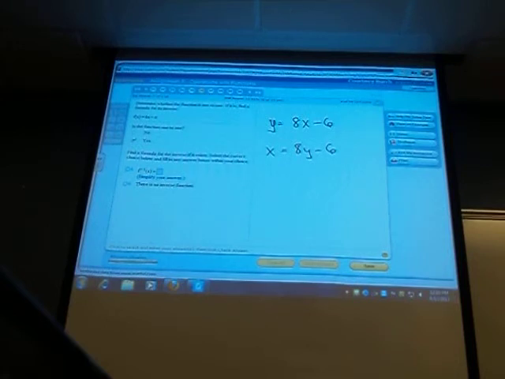Okay, then I just need to get y by itself. So I want to add 6 to both sides. And then I want to divide by 8. Okay, so I end up with y equals